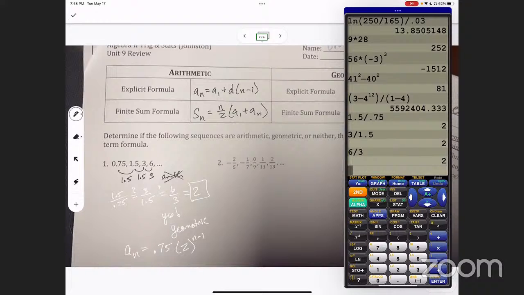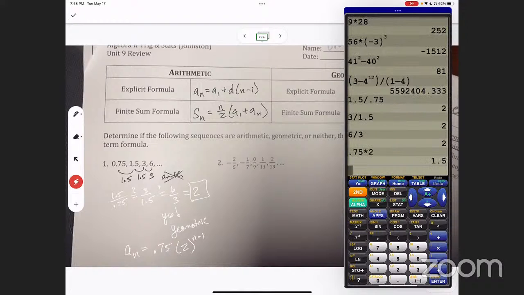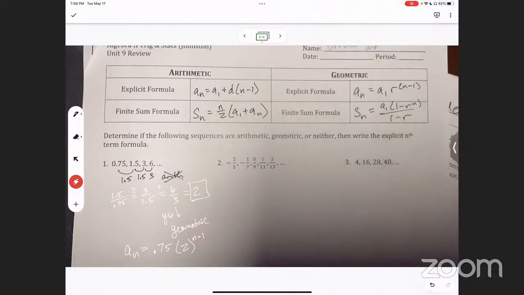Well, but isn't it technically, I thought my teacher told me. That's true. Just look at how it works. If I plug in 1, what do I get? It goes away and I just get this. If I plug in 2, what happens? It's 0.75 times 2. What's 0.75 times 2? 1.5. You get it? If I plug in 3, etc. Okay. And then for this next one,